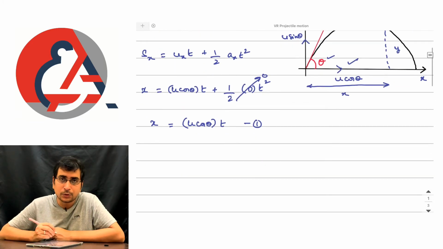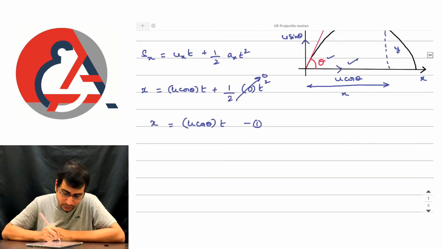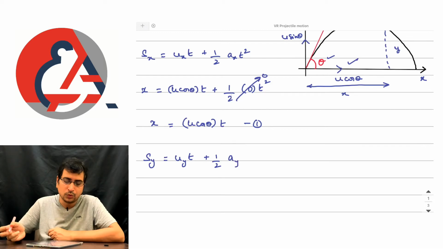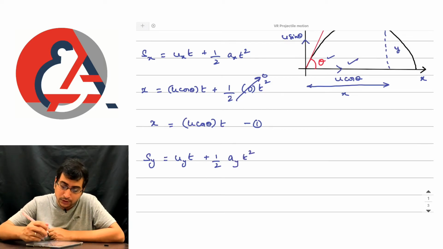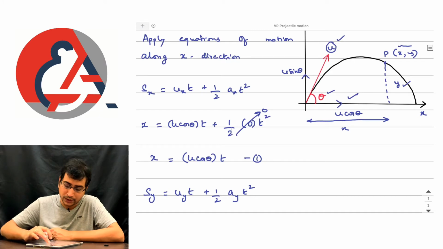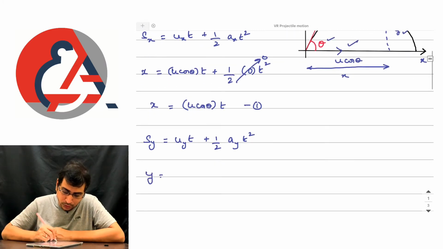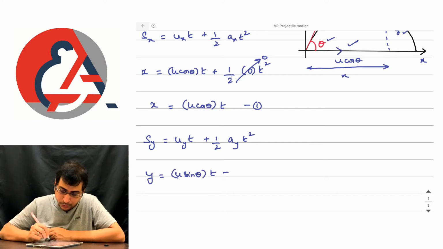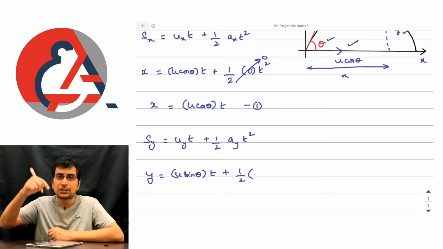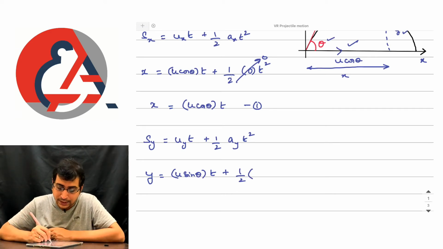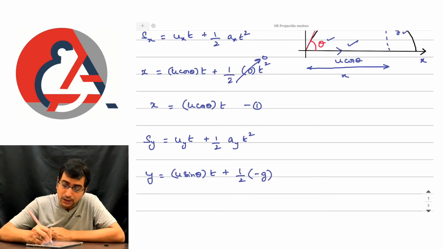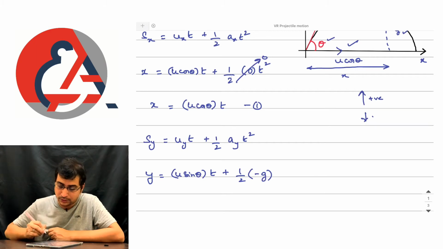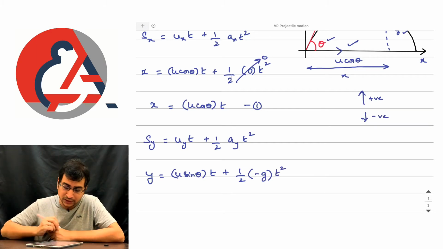Similarly, applying s = ut + ½at² along y direction will be like this. Sy = uy into t plus half into ay into t square. So the displacement of the particle along y direction, according to our diagram, is given by y = u sin theta into the time taken for the particle plus half into the acceleration of the particle along y direction, which is in the downward direction. Right? It is the acceleration due to gravity, which is downward. If you take the upward direction as positive, we take any vector in the downward direction as negative. So minus g into t square. Let this be expression number 2.